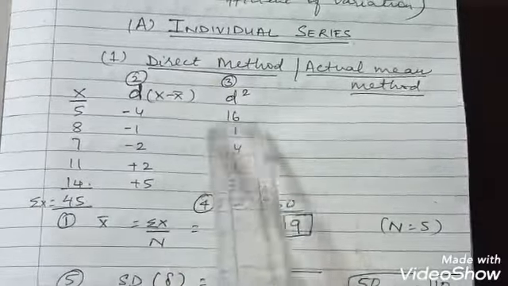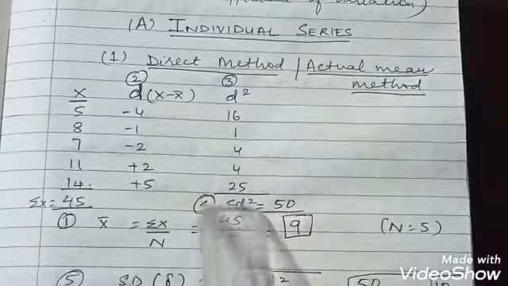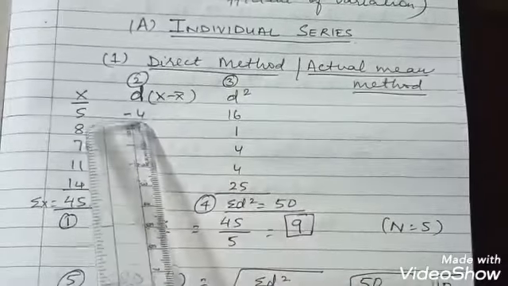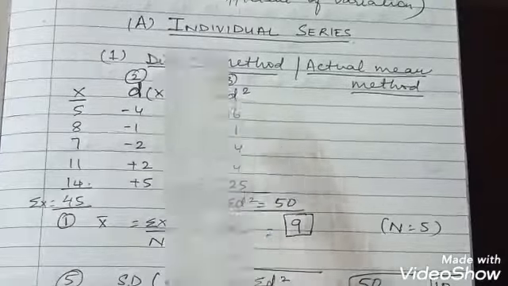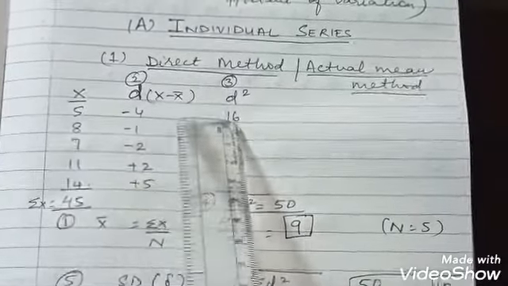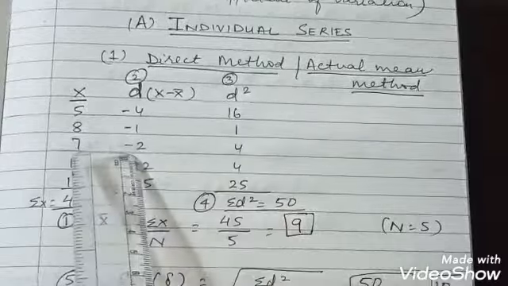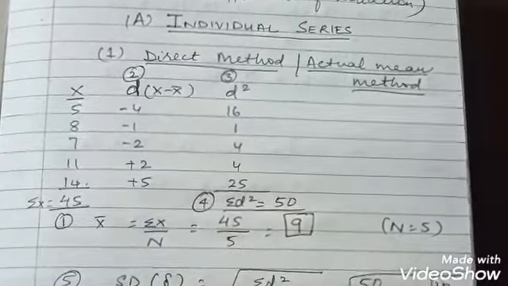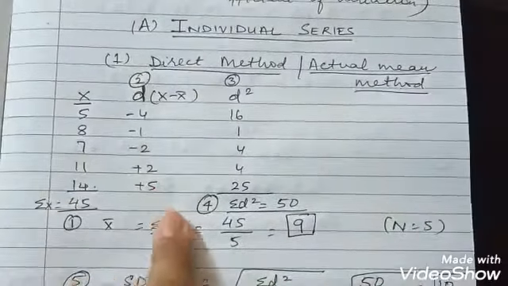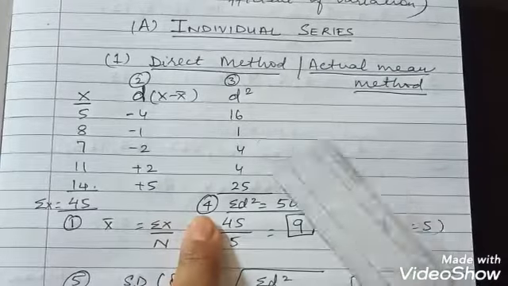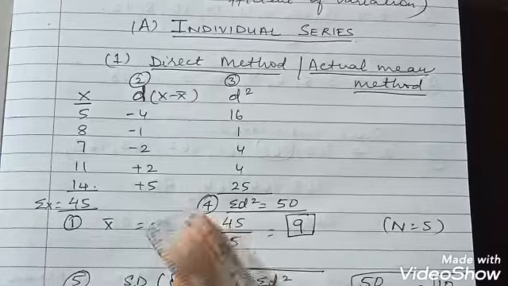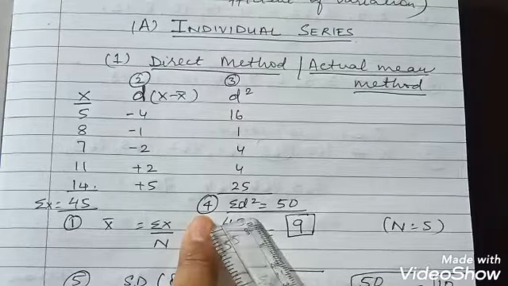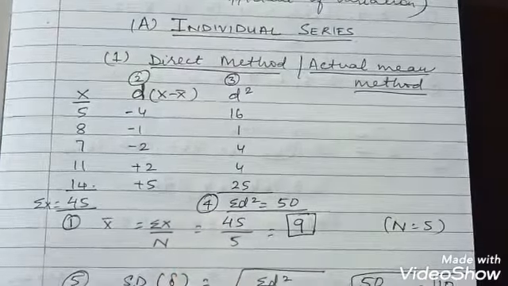Now there is a new step which is added here, which is totally different. You will square each value of your deviation. So d square कहते हैं. 4 का square 16, 1 का square 1, 2 का square 4. So you are squaring each value of your deviation. Now you want the total of this square वाली value. So sigma d square का total चाहिए, which is 50.